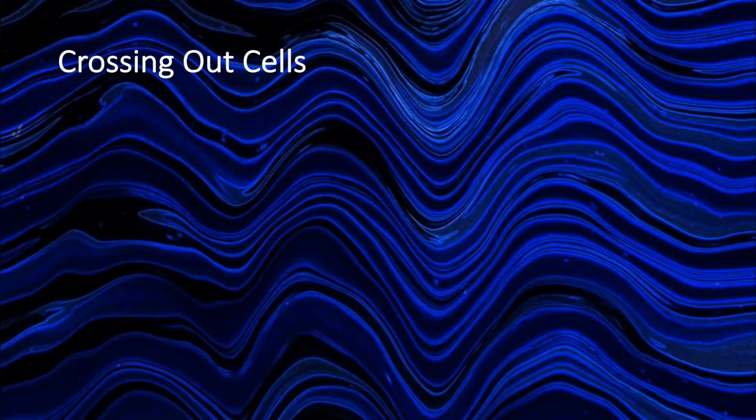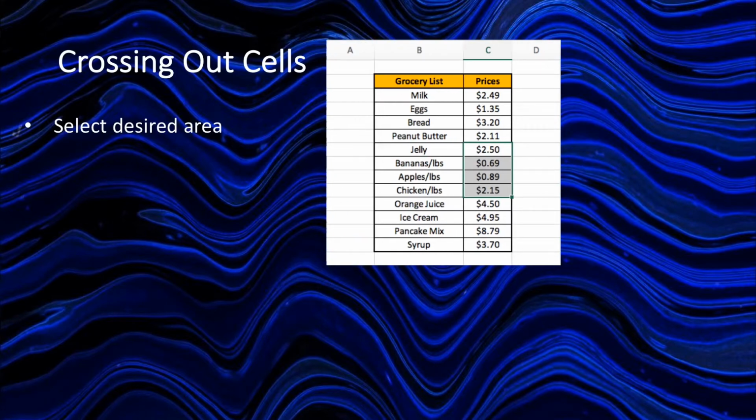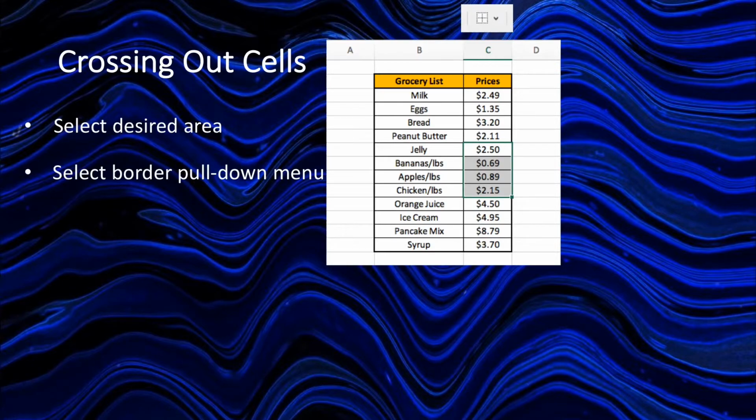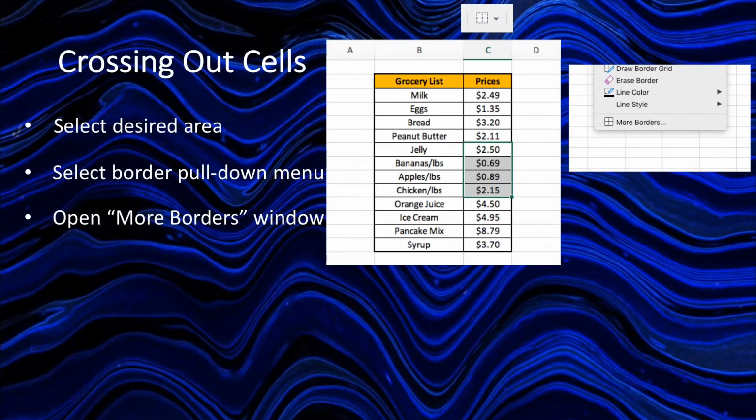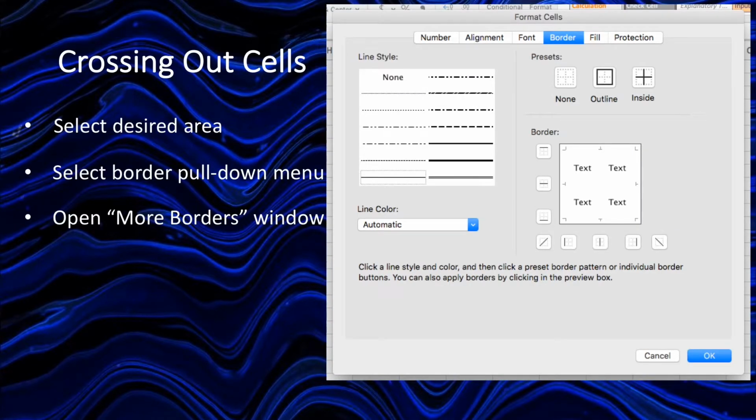Crossing out cells. So, just like in our last example, we will select the desired area on our spreadsheet. Here I have selected our jelly through our chicken prices, and we will select our pull-down menu, which is located in the same spot, and go to the More Borders window. Next, in this More Borders window, we are going to choose either our / or